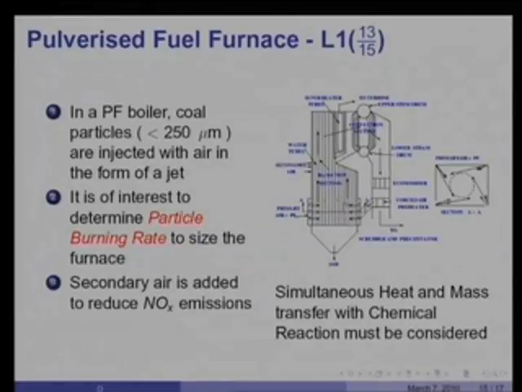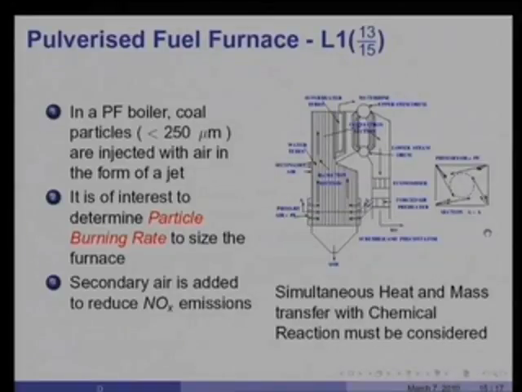The particles burn inside air and release heat. The heat is then transferred to water tubes which are lined along the walls of the furnace, and the heat transfer to the water tubes is by convection as well as by radiation, because the gas inside the furnace is a transparent medium. The gases then flow over superheated tubes and then flow through the economizer and air preheater